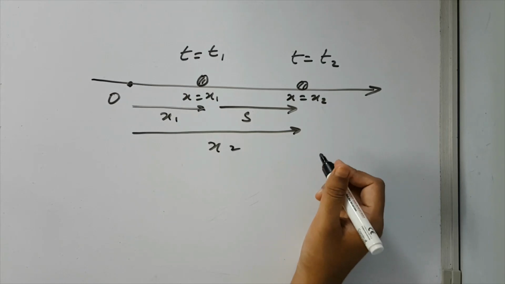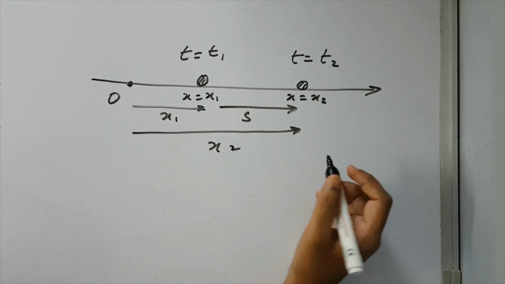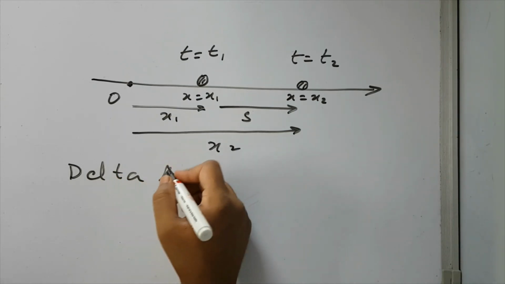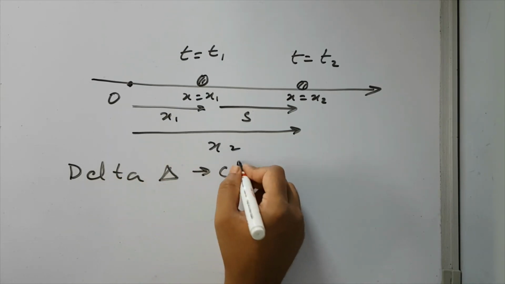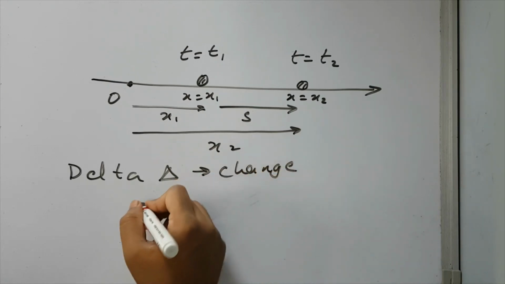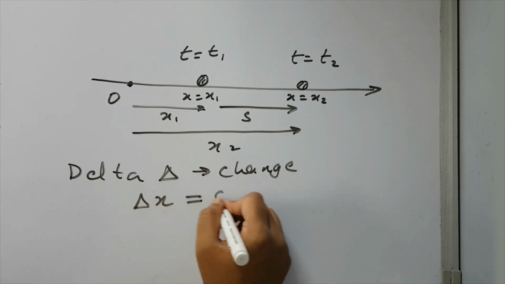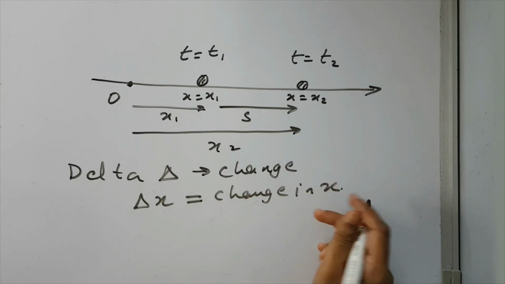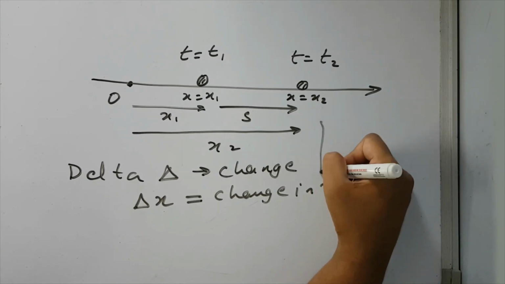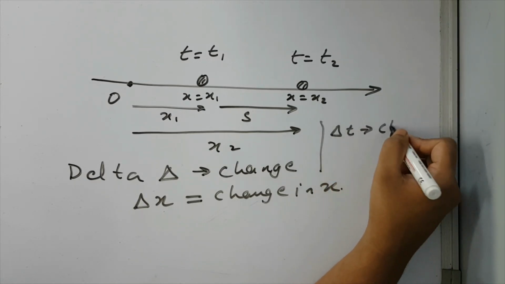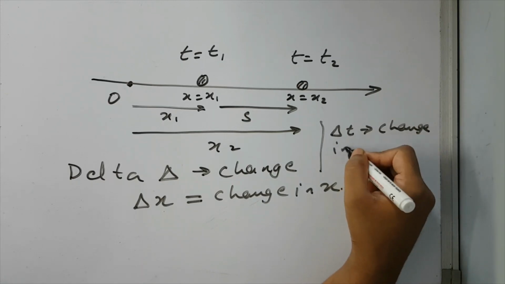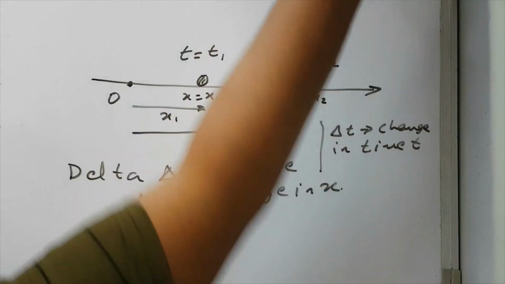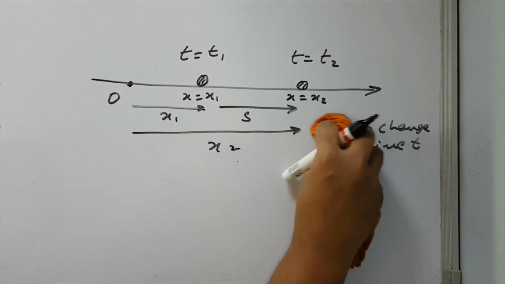Now you need to be familiar with the concept of delta. Delta is denoted like this by a triangle, and this implies change in a quantity. So when I write delta x, it basically means change in x. If I write delta t, it means change in time t. All right, so here if you look at this,